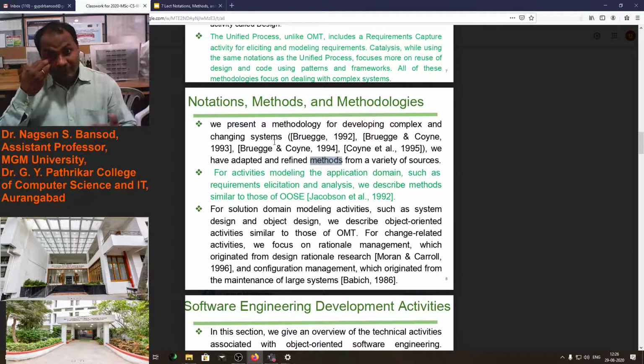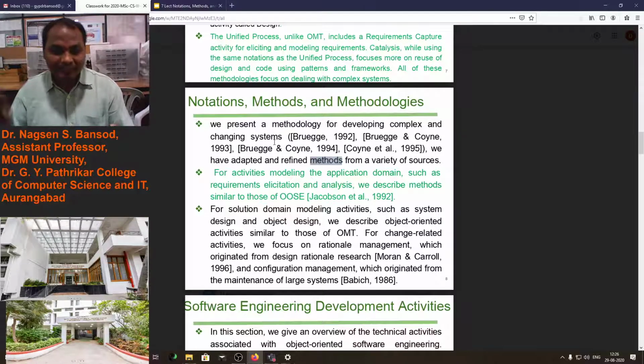But suppose I ask someone to make a coffee, and someone to make a tea, then there will be methodologies, because for making tea a different recipe is there, and for making coffee a different recipe is there. So there will be methodologies, because two products, two objects, two activities are different, and for collecting these two activities' processes, we have to use the word methodologies. Is it clear now?